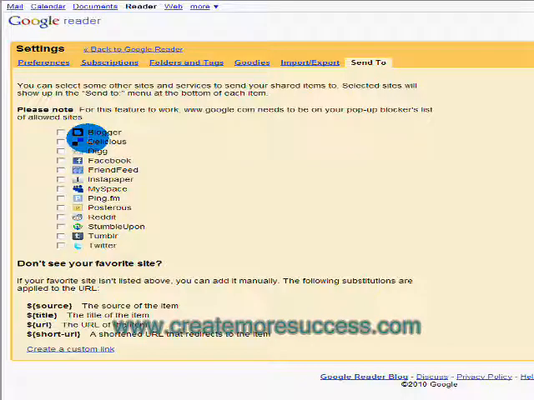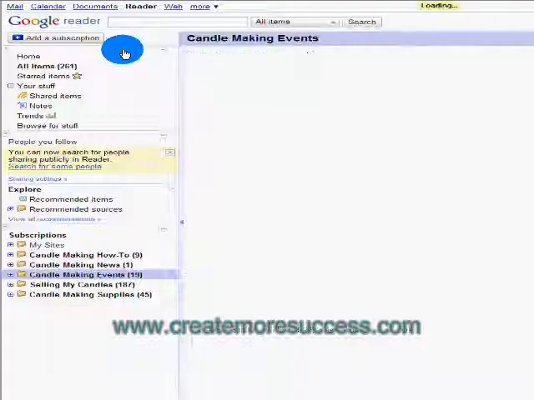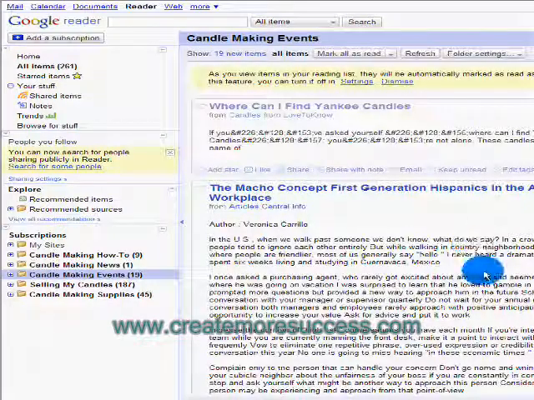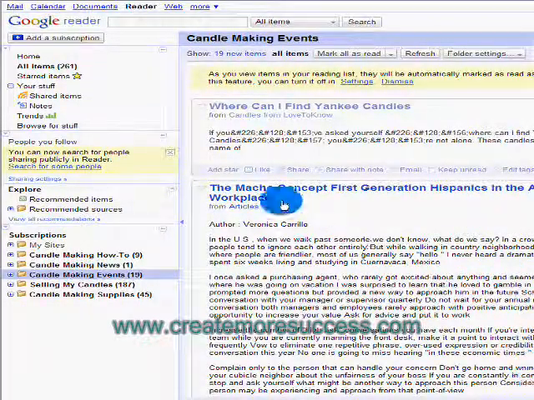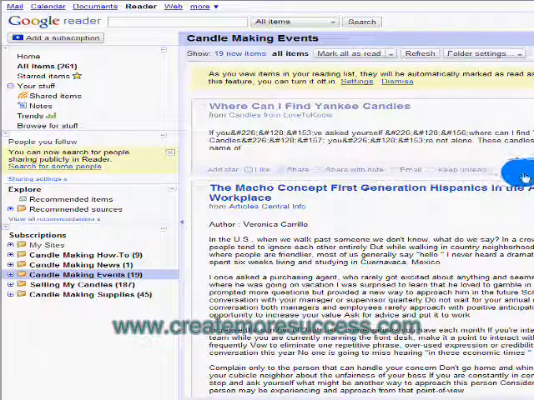So what this means here is that by checking these boxes, back in Reader, it's now going to give you the option. If you were to check these, for instance, I'm going to uncheck them in just one moment. But if you were going to go back into your Google Reader, and now you are back in your Google Reader, you're going to see, and it's just out of the scope here,